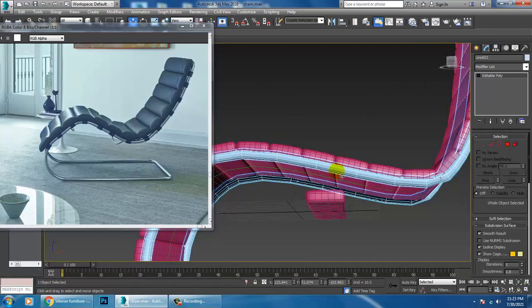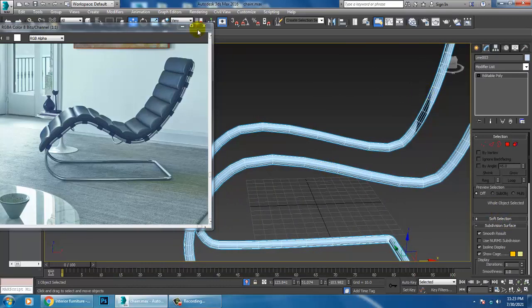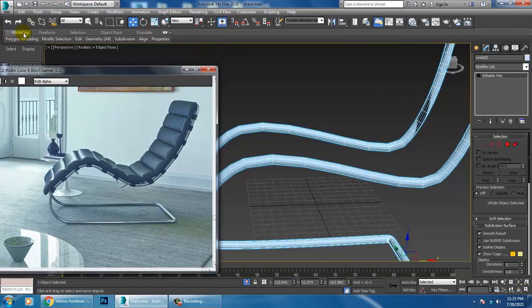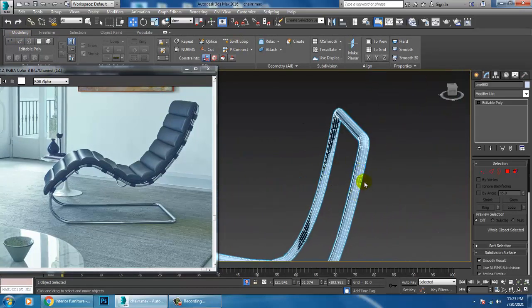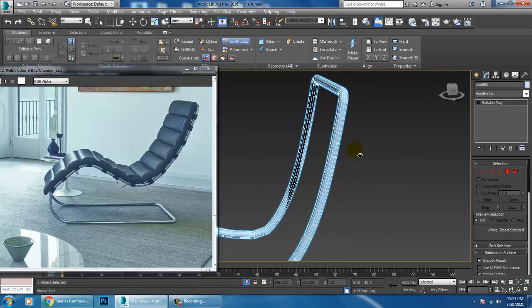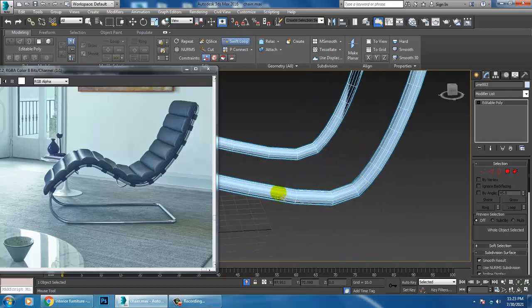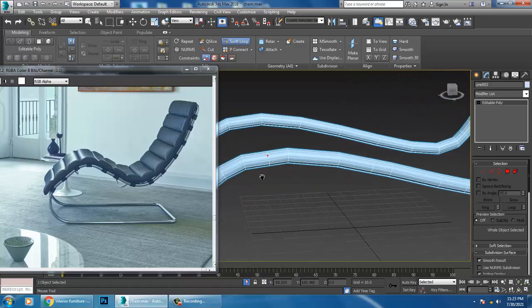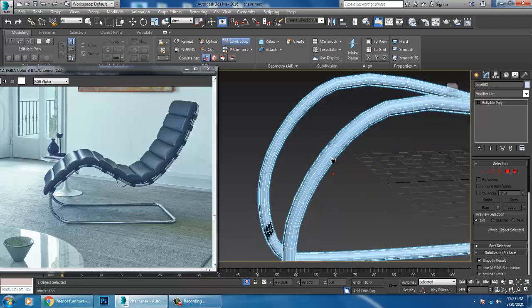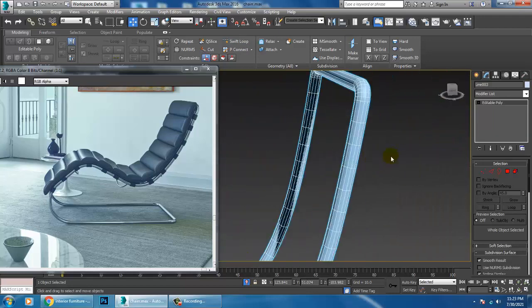Select this. I'll go into the isolation mode over here. I can go into the modeling and take a few swift loops over here. Select the polygons.